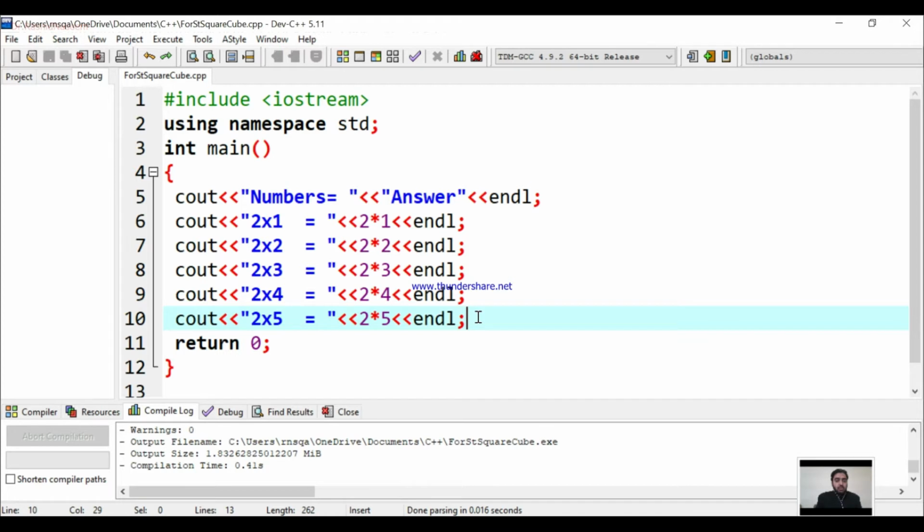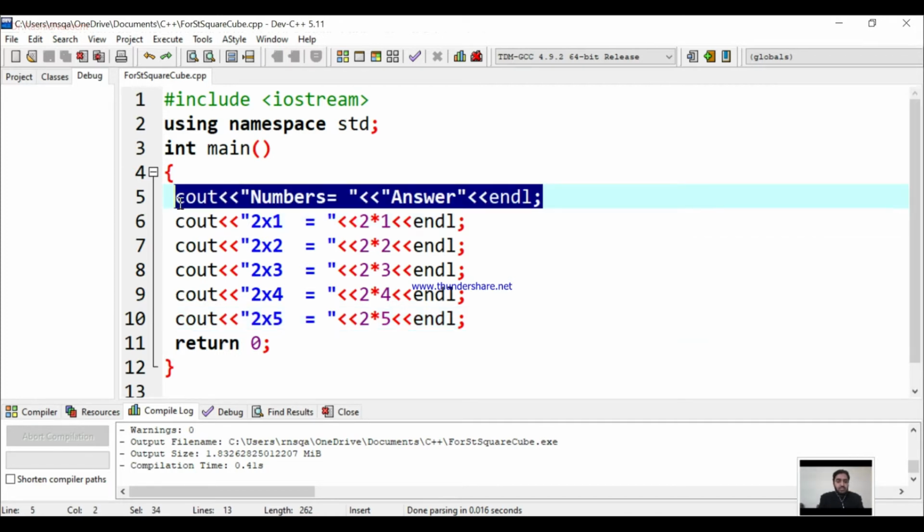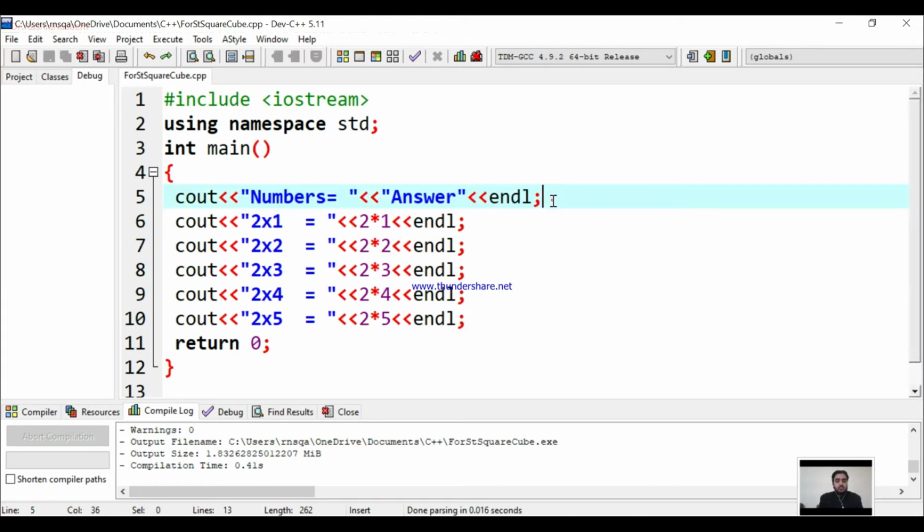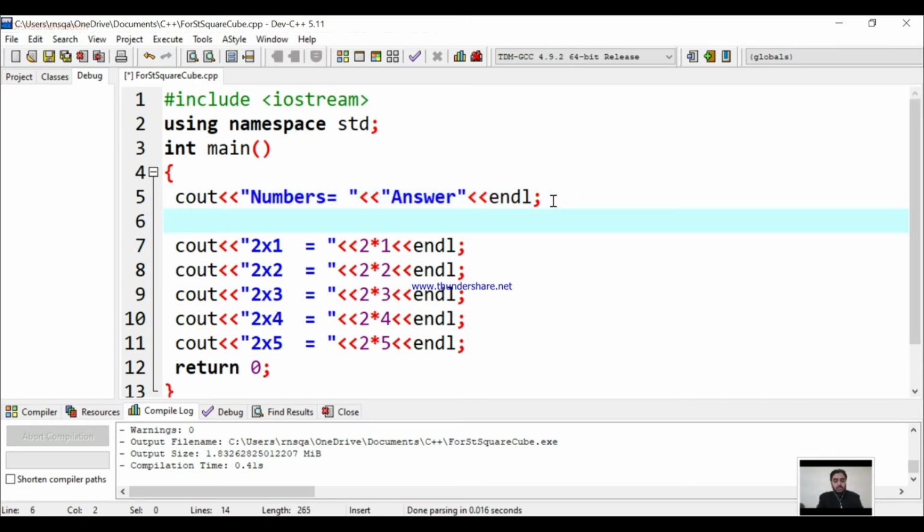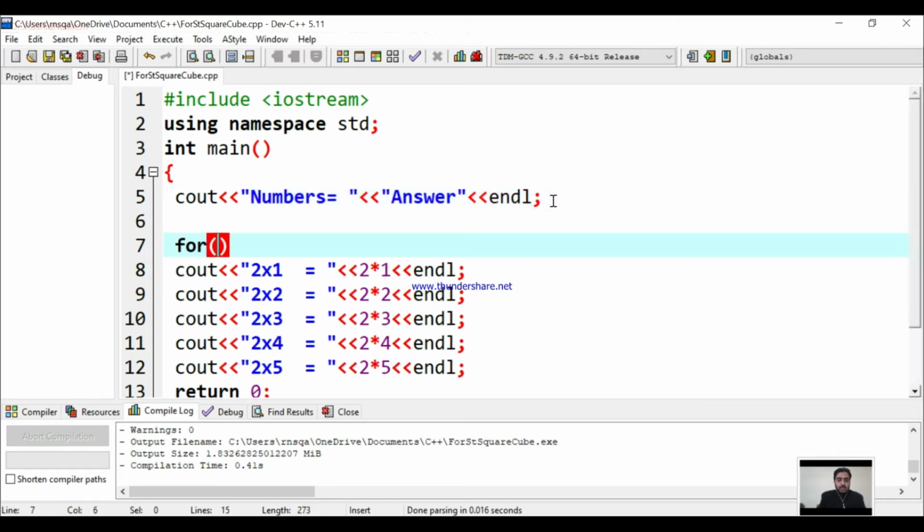Let's see how we can utilize a for loop to print the table of 2 on the console screen. We need this statement only once on the screen, so keep it outside the body of the for loop. Declare the integer i, and let's start it from 1 because we don't need 0 to be multiplied with the table of 2. So i is equal to 1, and i is less than